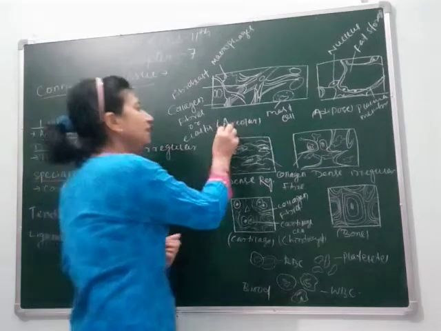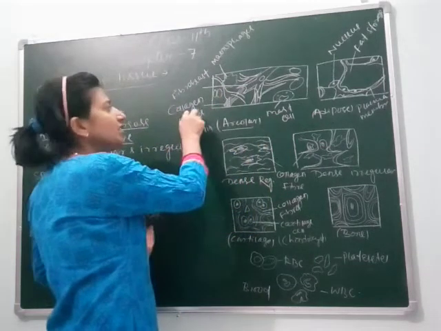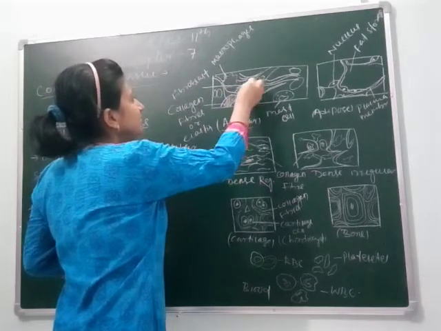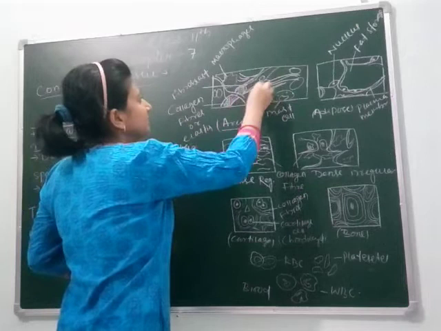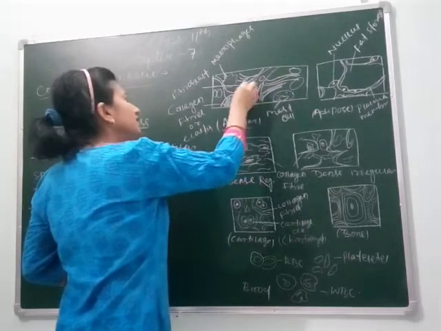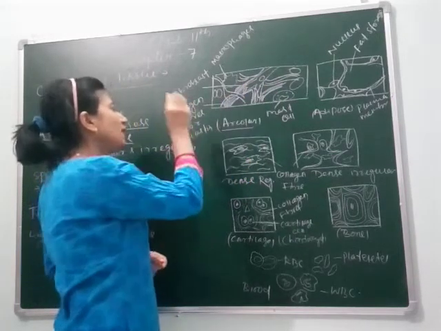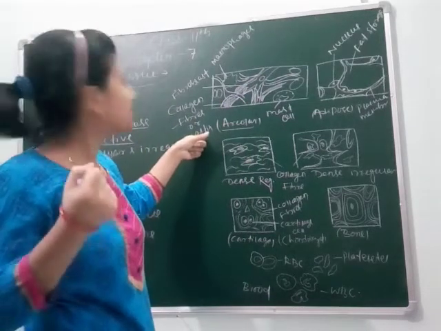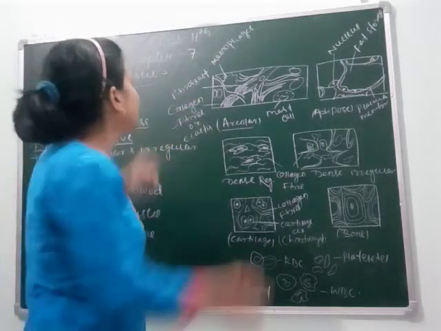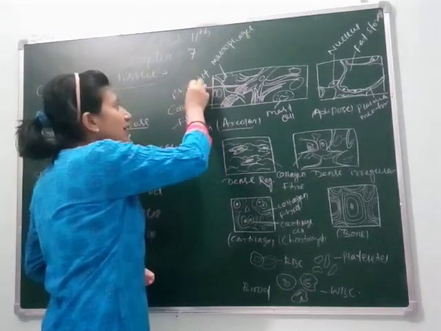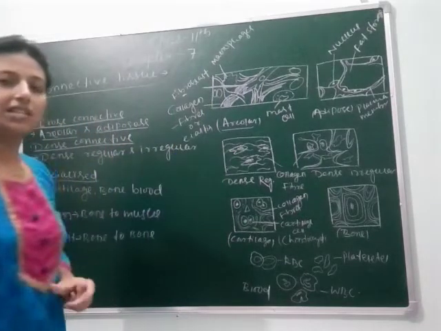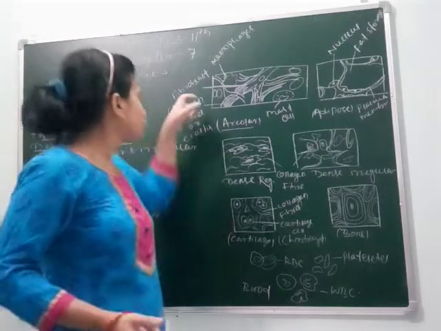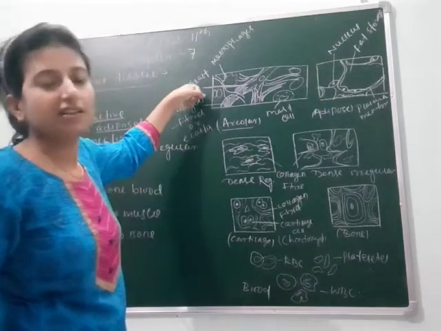In the case of areolar tissue, you can see the diagram here, the collagen fibers. This bundle, these are the collagen fibers. These collagen fibers are also called elastin. This gives strength to the tissue. Here is the fibroblast, which secretes fibers, and fiber means that which provides strength and mechanical support. So this is called fibroblast, which secretes fibers.